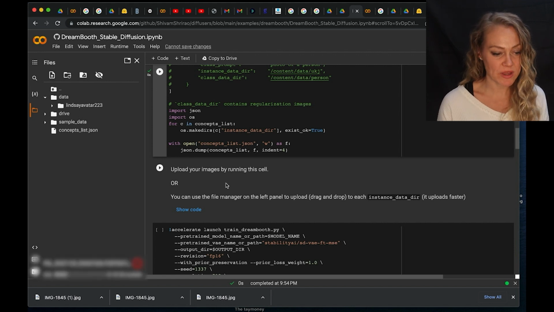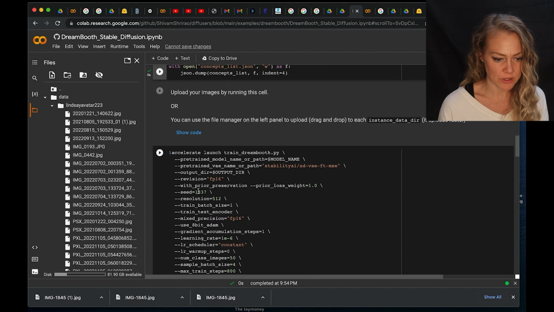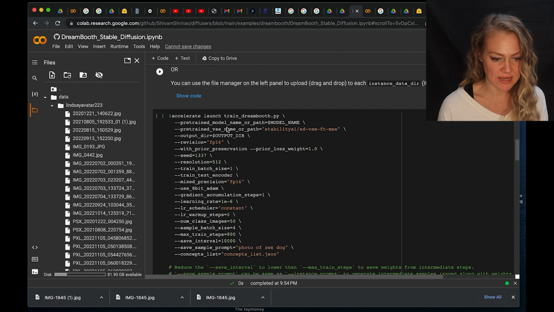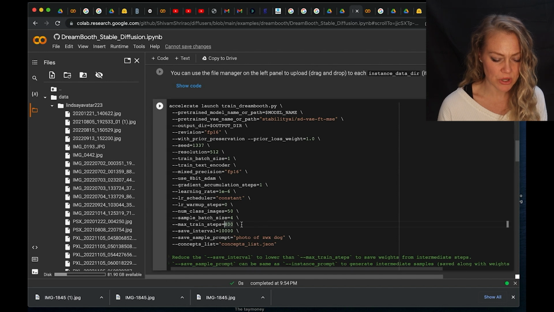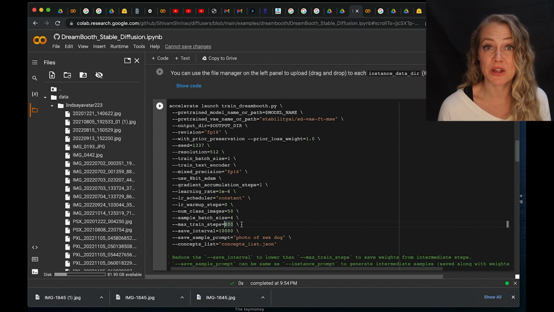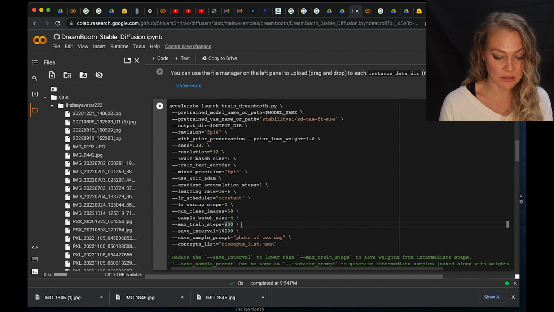Okay, so now that we have all of our files uploaded in here, we are scrolling down to the next section. What we want to do here in this Accelerate Launch Train thing, we want to go down to where it says Max Train Steps, and you want to basically put in the number of photos that you've uploaded times 100. So I put in 27 photos, so that means I want to put in 2700. And then you want to repeat the same number here,